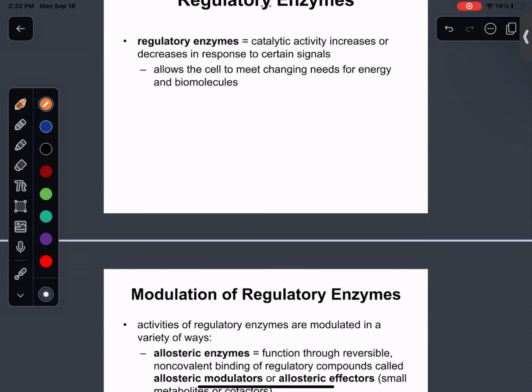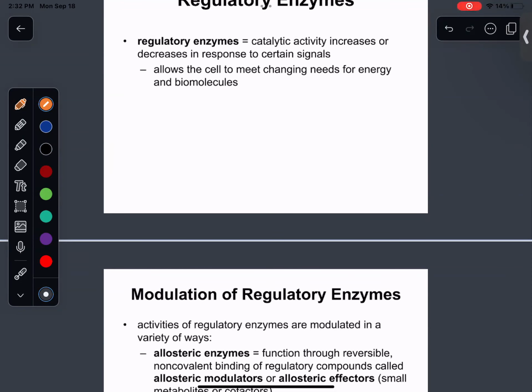So how does this regulation happen? It happens in a few ways, and we're going to go through them. An enzyme can have either one or multiple regulatory mechanisms. Just because we're going to run through them one by one, that doesn't mean that they exist independently. In fact, a cell is better off if it uses all of these together, or multiple of them together. The more they use, the better they will work. So let's run through it quickly.